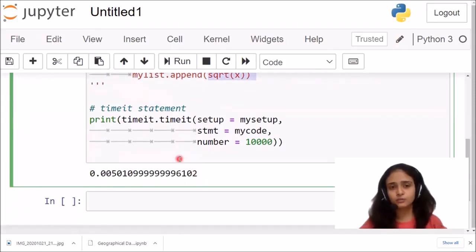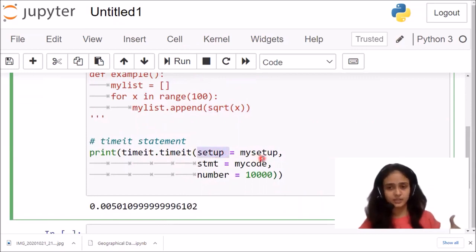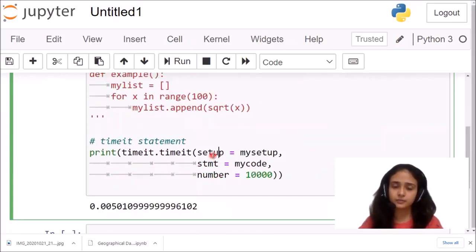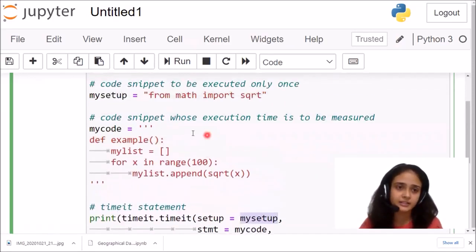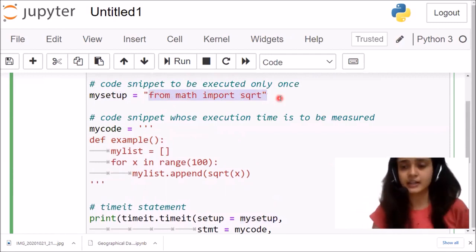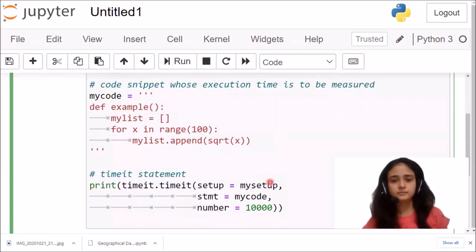Now I want to make use of the timeit function. So I write timeit, setup equals my setup. It means the code which I want to execute only once, I write in setup equals my setup, so this setup will be taken from here. I want to execute this statement only once. That statement imports the required library, that is from math I am importing the square root function.